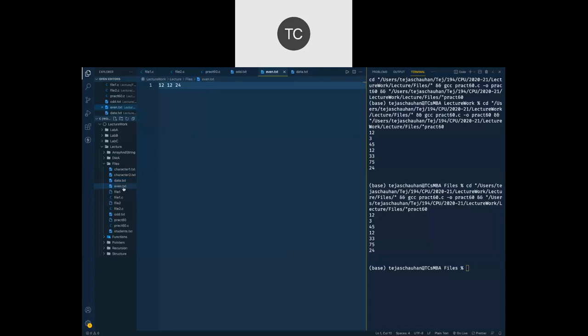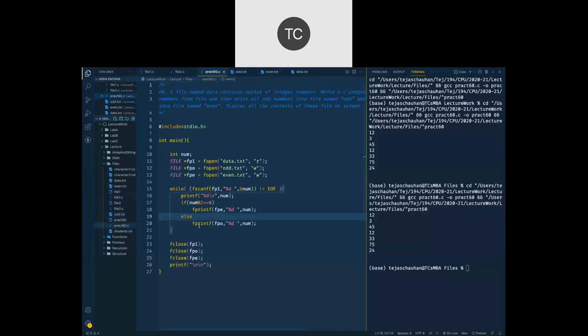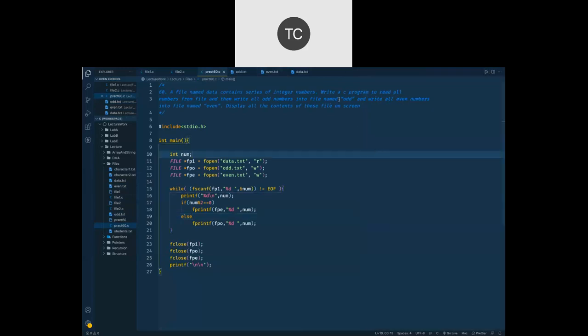Now even.txt file only contains even numbers. Odd.txt file only contains odd numbers. And that's the requirement of practical 6060. It says read all the numbers and write those numbers in a particular file based on whether it is odd or even.